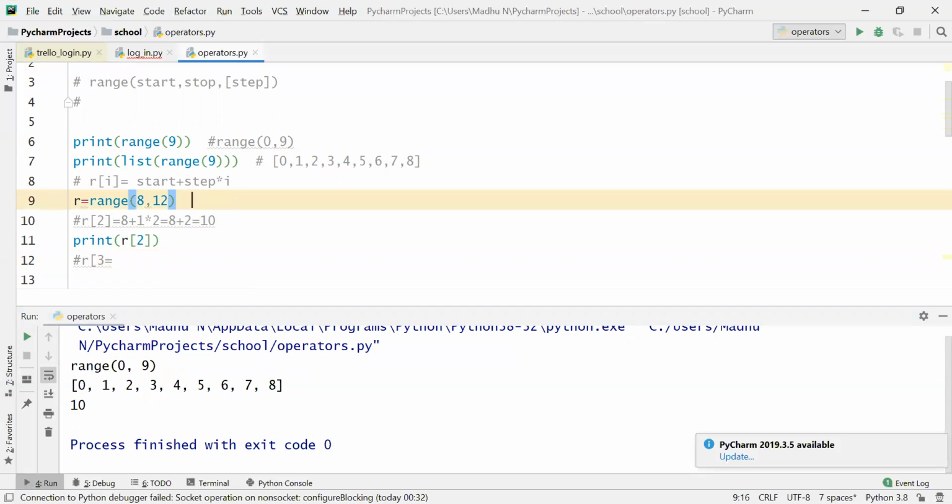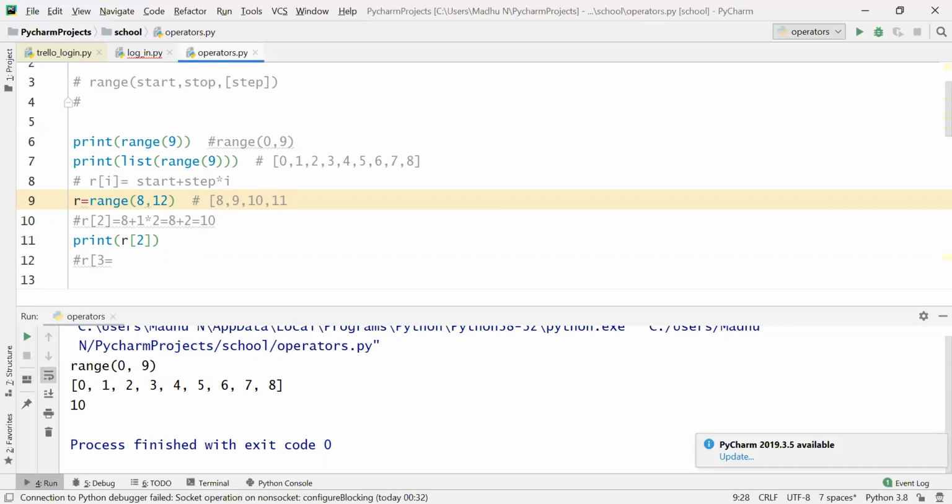Now here 8 to 12 means the list will be like this: 8, comma, 9, comma, because step is not there. So step will be 1. So increment will be 1 only. So 8, comma, 9, comma, 10, comma, 11.